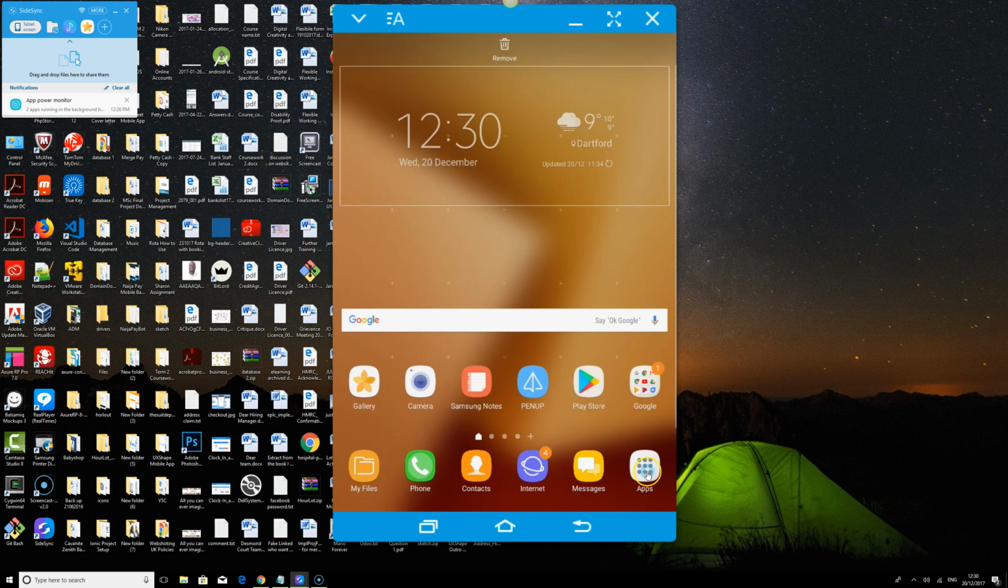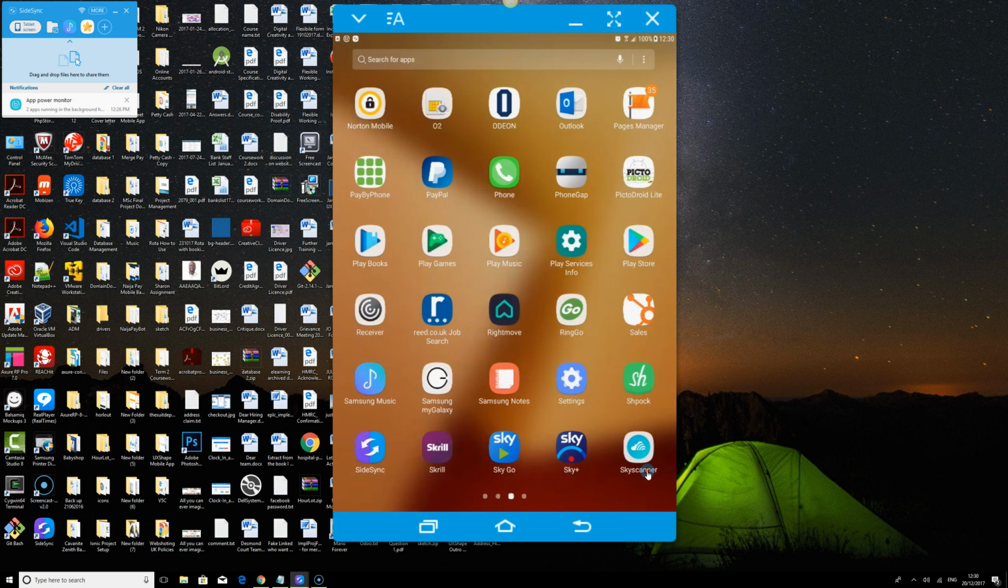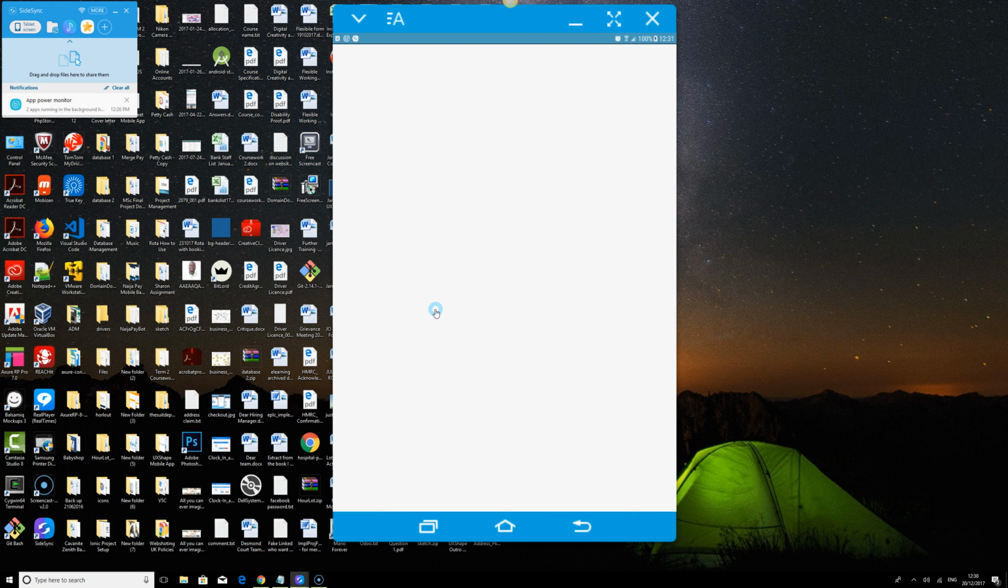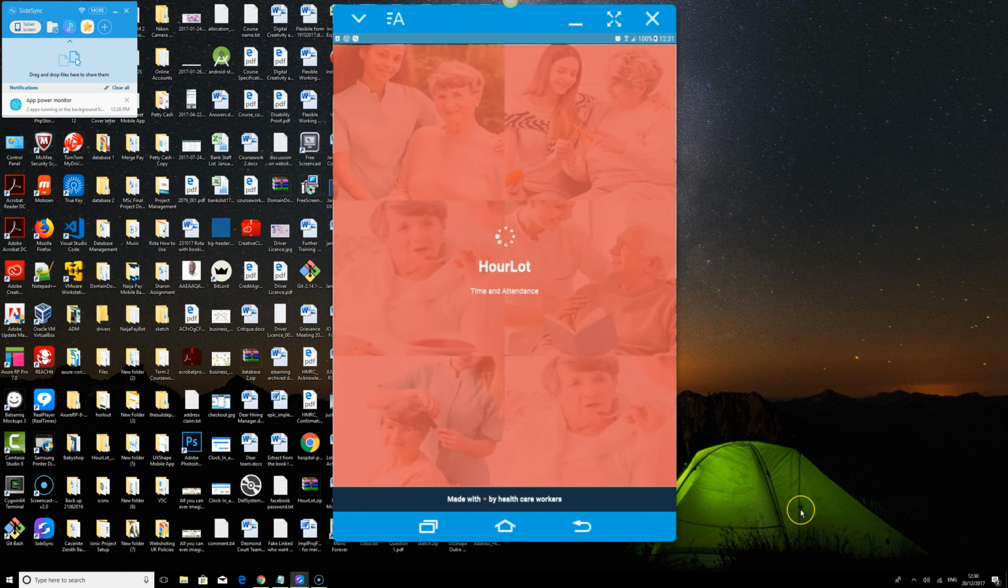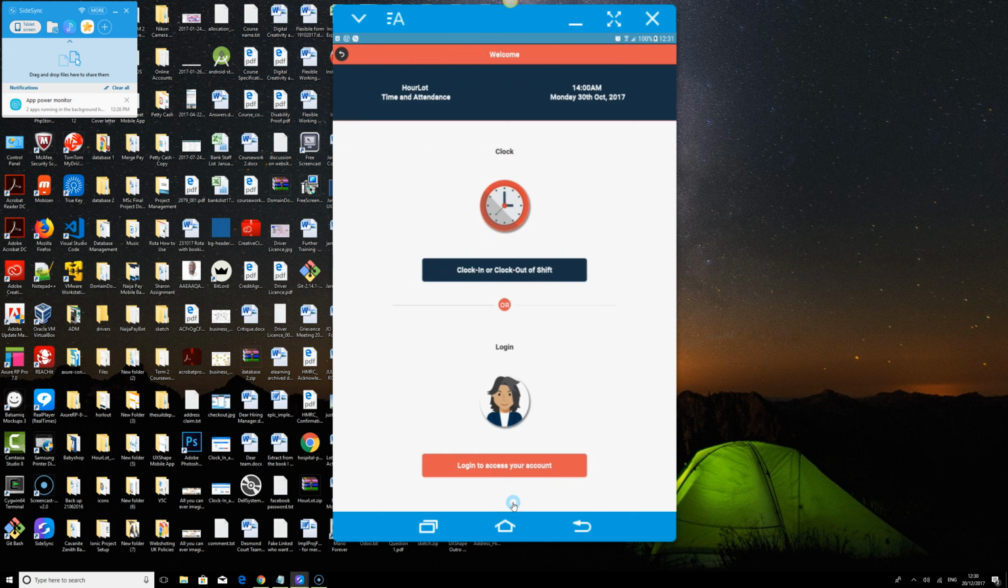So I'll just get started now by clicking the apps. I've already installed the app on my tablet. I'm using a Samsung Galaxy Tab S3, and I'm using the Samsung screencast to demonstrate this app. So I'm just going to go into the app, and I'm going to go into HourLot Time and Attendance, and immediately we see the app loading, and for the first time you can click get started and we see